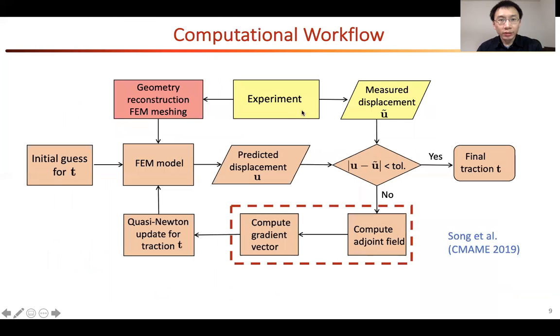So here is the computational workflow. For a given measured displacement field, we start with an initial guess for the traction field, and we solve a finite element problem to produce the predicted displacement field. And then we compare the predicted and measured displacements. If the difference is small, great, we're done. If not, we need to refine our traction field, and we repeat this process until the predicted displacement best matches